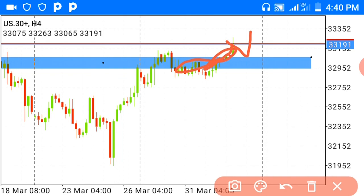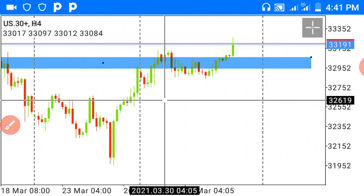What we're going to expect is what? We're already seeing this bullish candle, but we can't just follow this alone. Why? Because that's what the market closes with. Once the market opens, we have fresh buyers and fresh sellers in the market. So you wait for the fresh buyers and fresh sellers to tell you what they want to do, for the market to tell you, okay, this is what is going to happen. Once you see that the market is still ready to continue pushing with a series of higher highs and higher lows, then you go along with the trend, with our stop loss below this previous structure,